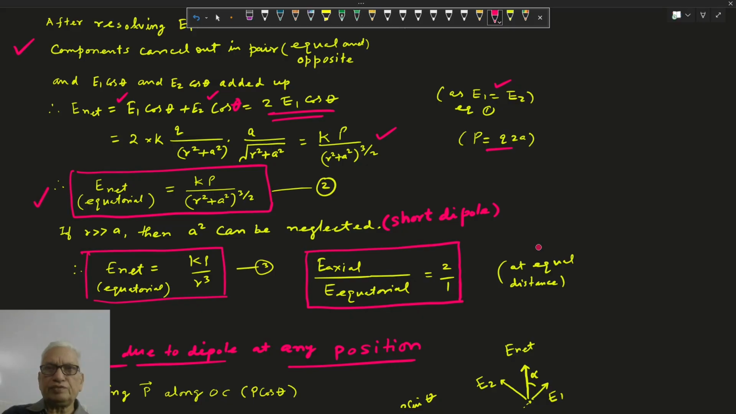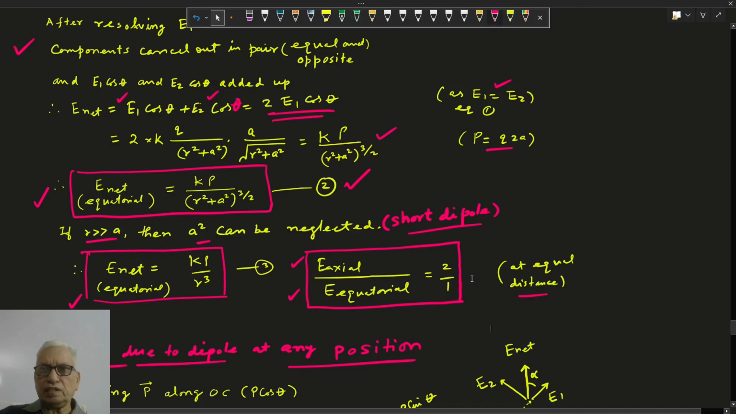तो इक्वेटोरियल पोजीशन पे इलेक्ट्रिकल फील्ड का फॉर्मूला मिल जाएगा हमको इक्वेशन 2, KP अपॉन (R स्क्वायर प्लस A स्क्वायर) पावर 3/2। Suppose R is much more than A, square can be neglected, again it is called short dipole, so हमने इसे नेग्लेक्ट किया, R स्क्वायर कैंसिल रूट से R क्यूब, दिस इज फॉर short dipole। अगर रेशियो निकालते हैं ये एक्सियल अपॉन E इक्वेटोरियल पोजीशन, इट विल बी 2/1 फॉर द सेम डिस्टेंस फ्रॉम द डाइपोल, टू डिफरेंट रेशियो विल बी।